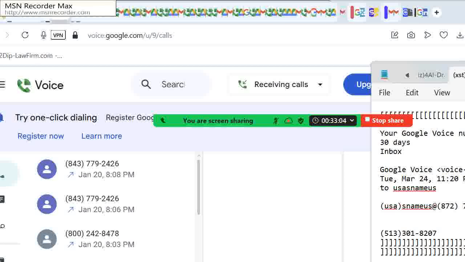The only other thing that I have to do is navigate back to the original message to make sure that I delete that message. So here it is. This message says that it will expire, so I select the trash can and delete it. And now up to the next message. The next message,